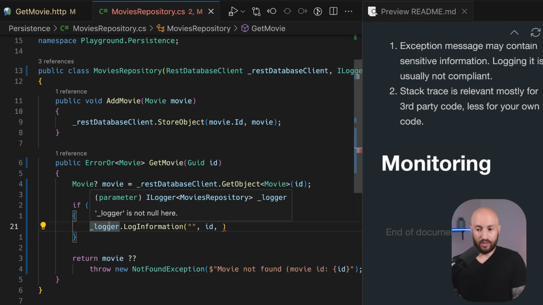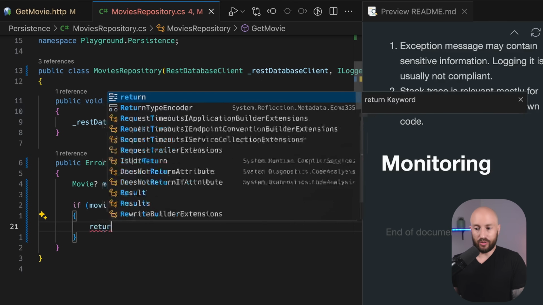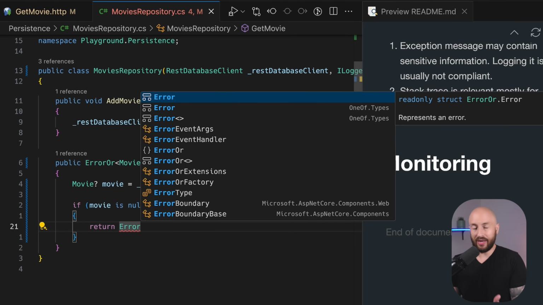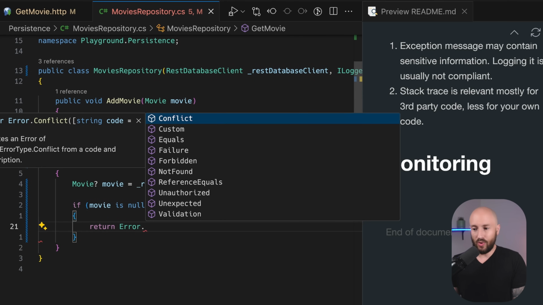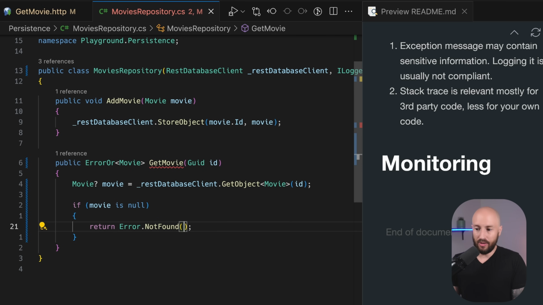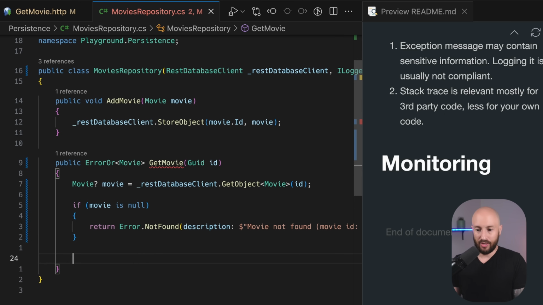To use it, all we need to do is the following. Let me get rid of the code over here. And let's say that if the movie is null, then what we want to do is we want to return an error. Now, because there are specific error types that exist in any application regarding the domain or framework or technology that you're using, ErrorOr has specific extension methods that you can use to create errors. So you have errors like, for example, not found, right? So currently something is not found. This isn't coupled directly to the HTTP not found, but it's generally something that's not found. So that's what we're going to use now. And over here, let's also add a human readable description. And let's say over here, movie not found, the same error like we had before. And finally, if everything is okay, then we can go ahead and return the movie.